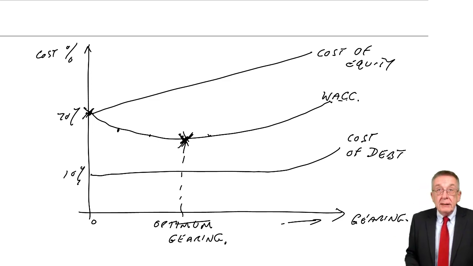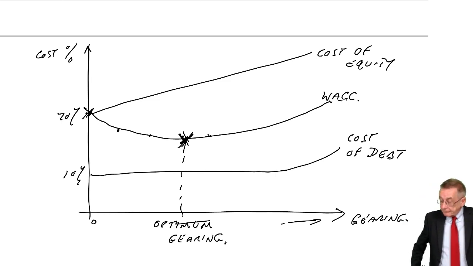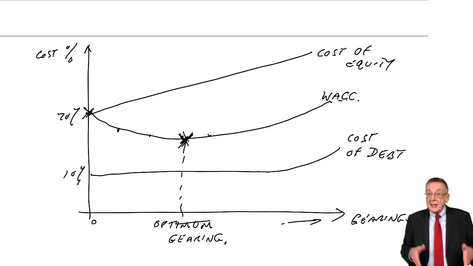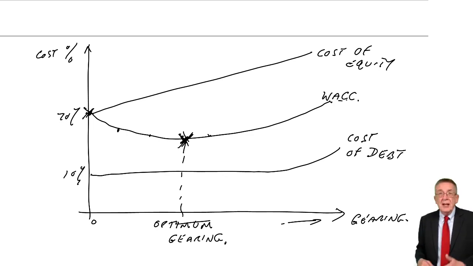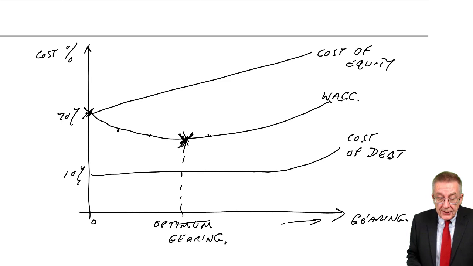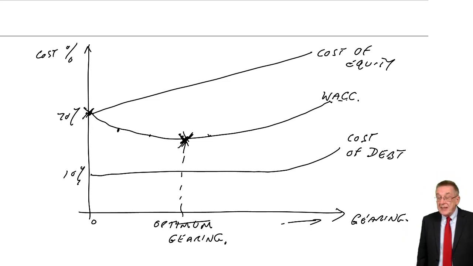All right, well, that's fine. That was the traditional theory. But as I said a minute ago, it would be rather nice to know what the best level of gearing was. You know, and aim straight to it rather than this trial and error business. And so, in the 1950s, 60s, two gentlemen, Mr. Modigliani and Mr. Miller,